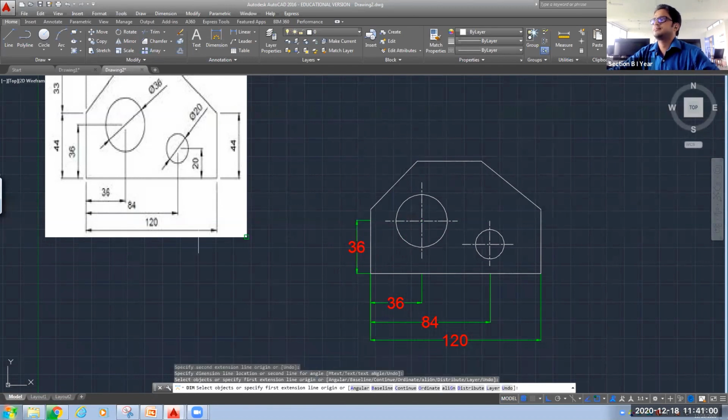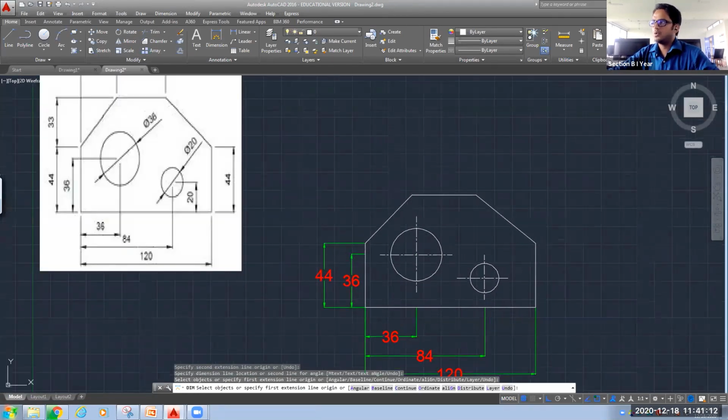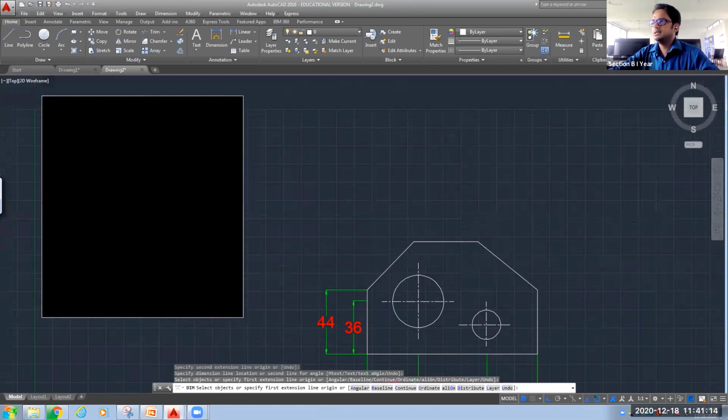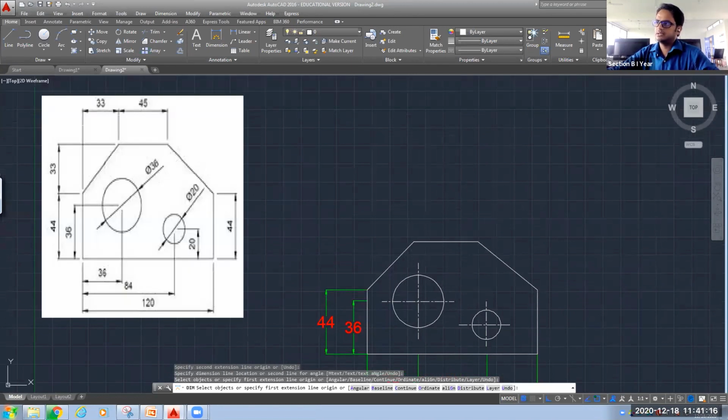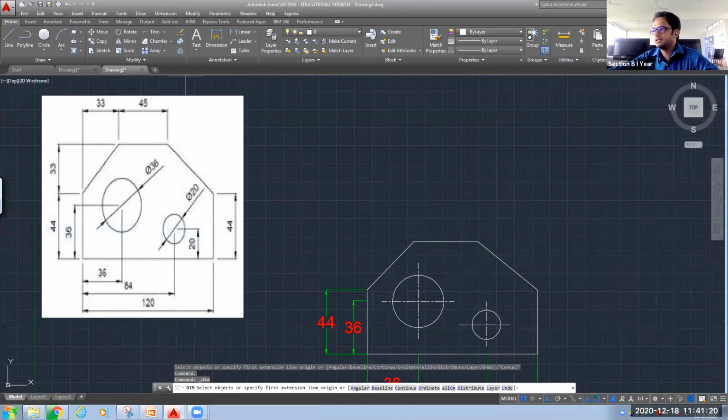And this is your 36. Again, from this point up to this point, this is 44. You can see here it is 44. Now, here you can see 33, 33. Vertical dimensions are given, vertical and horizontal.